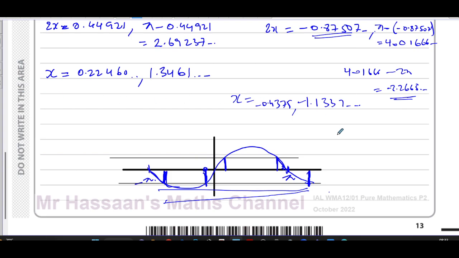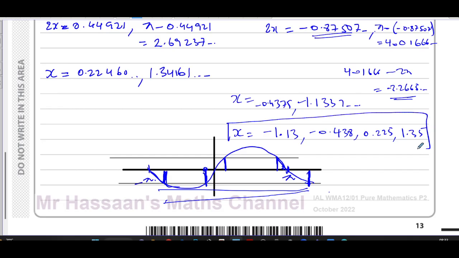We have 4 solutions. So I'm going to write them all down over here, and I'm going to write them in order of size. You don't have to do that. So I'll put the lowest first, which is this one, and I'll write them to 3SF. Minus 1.13, and then negative 0.438 to 3SF, and then 0.225, and then 1.35. Right, so I've rounded them all to 3 significant figures, and that's a very long question,